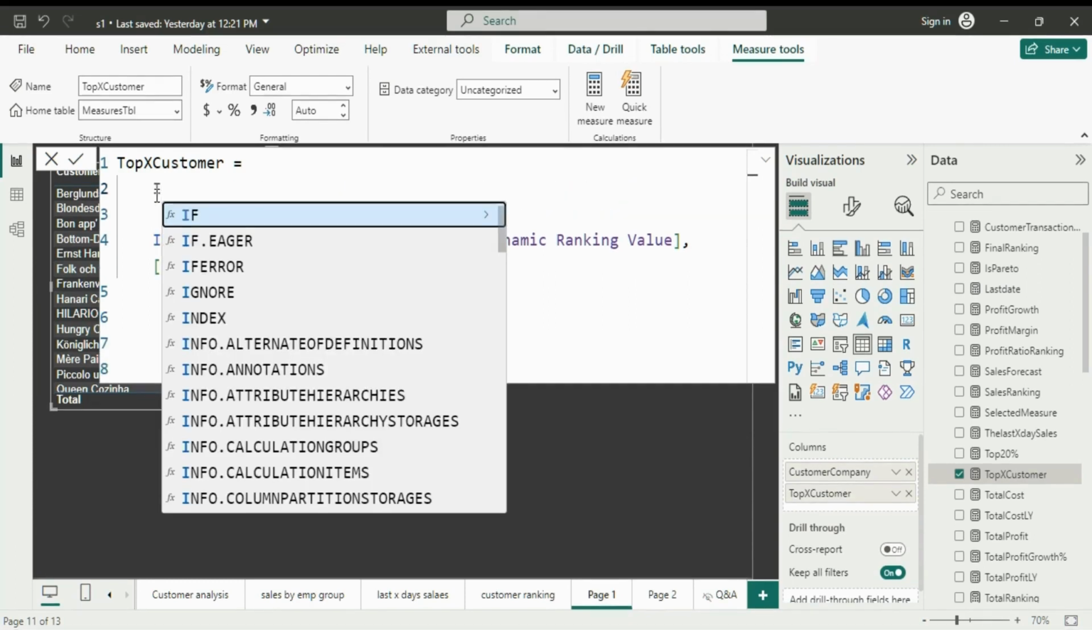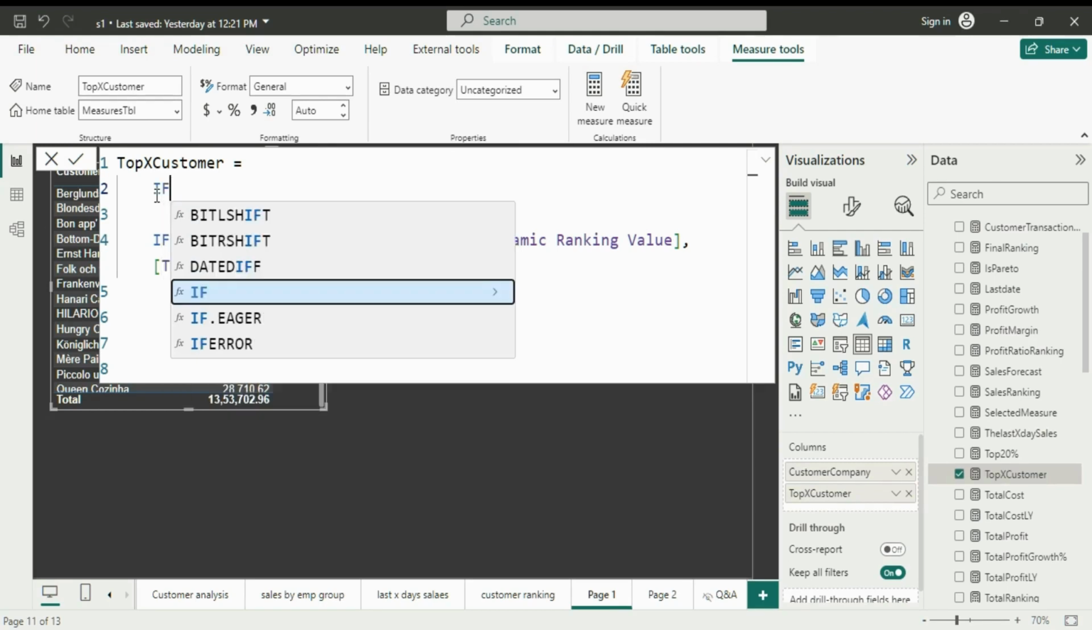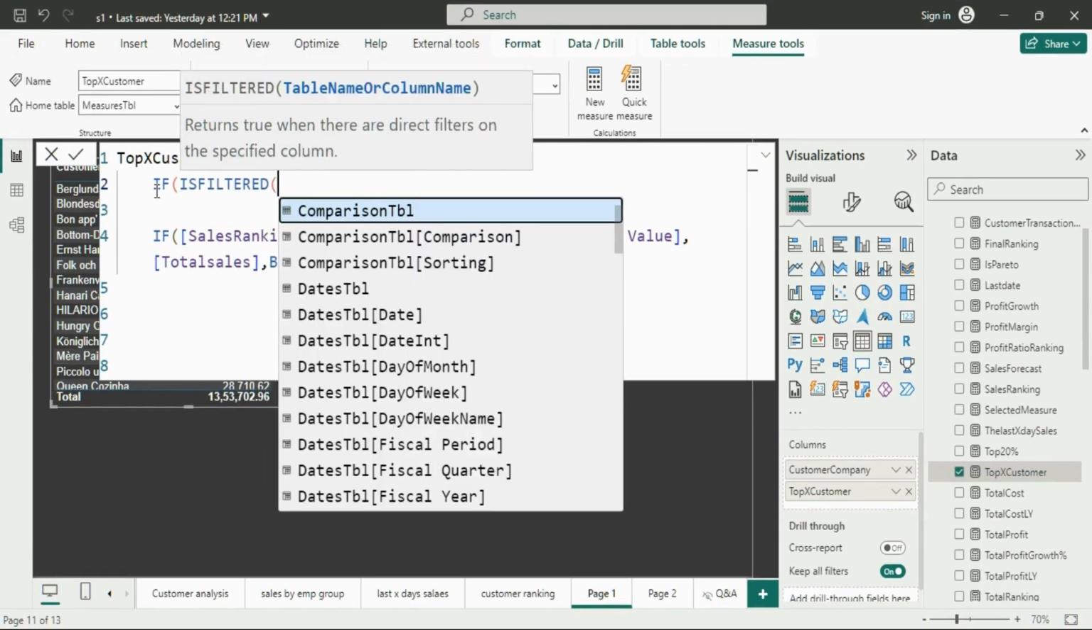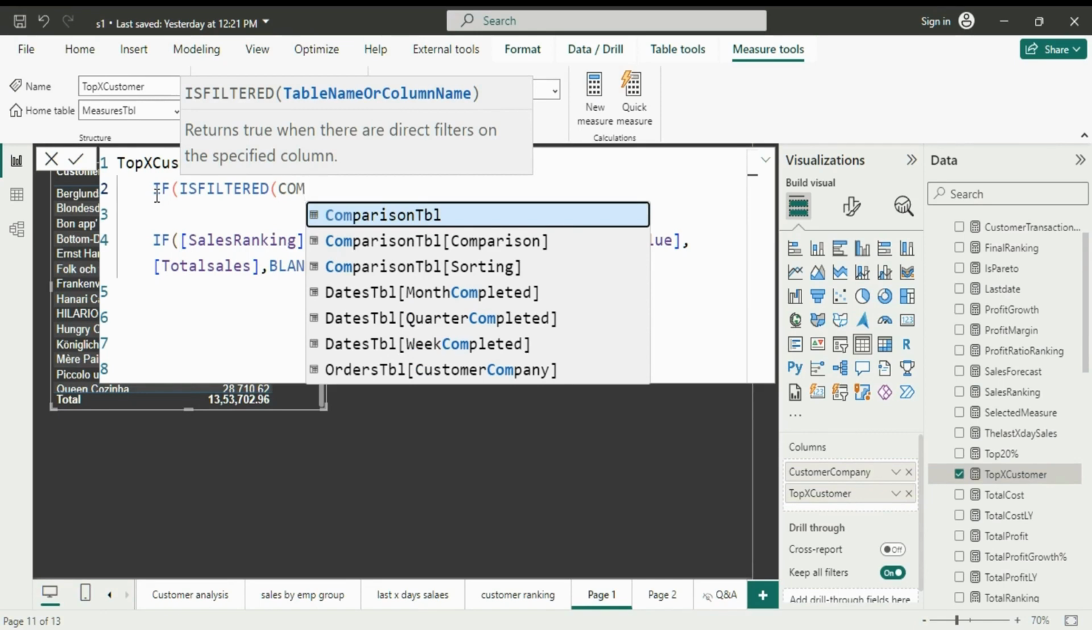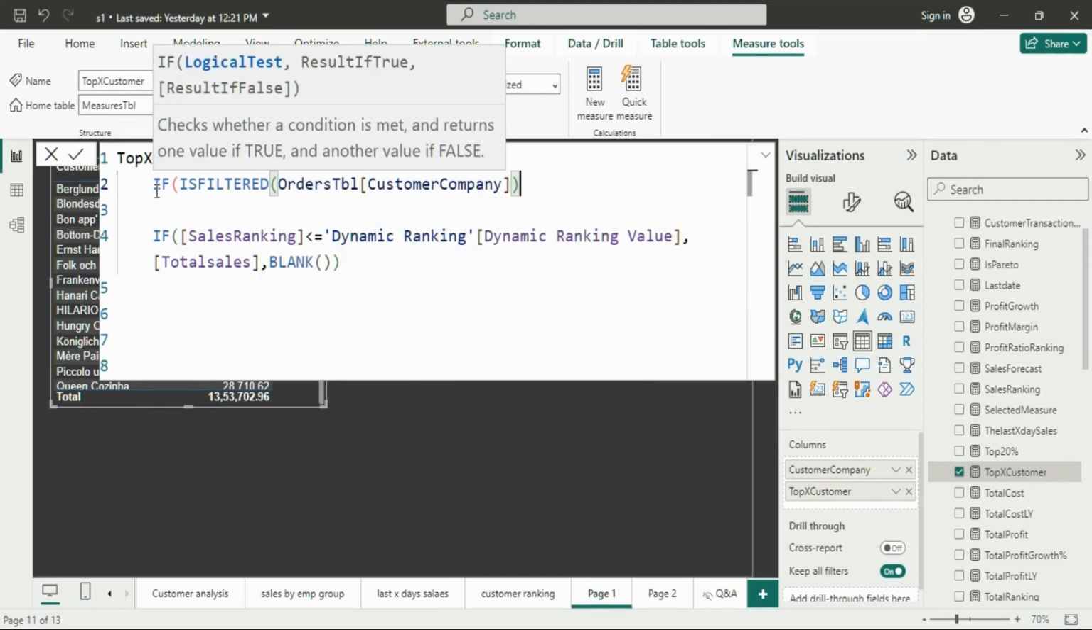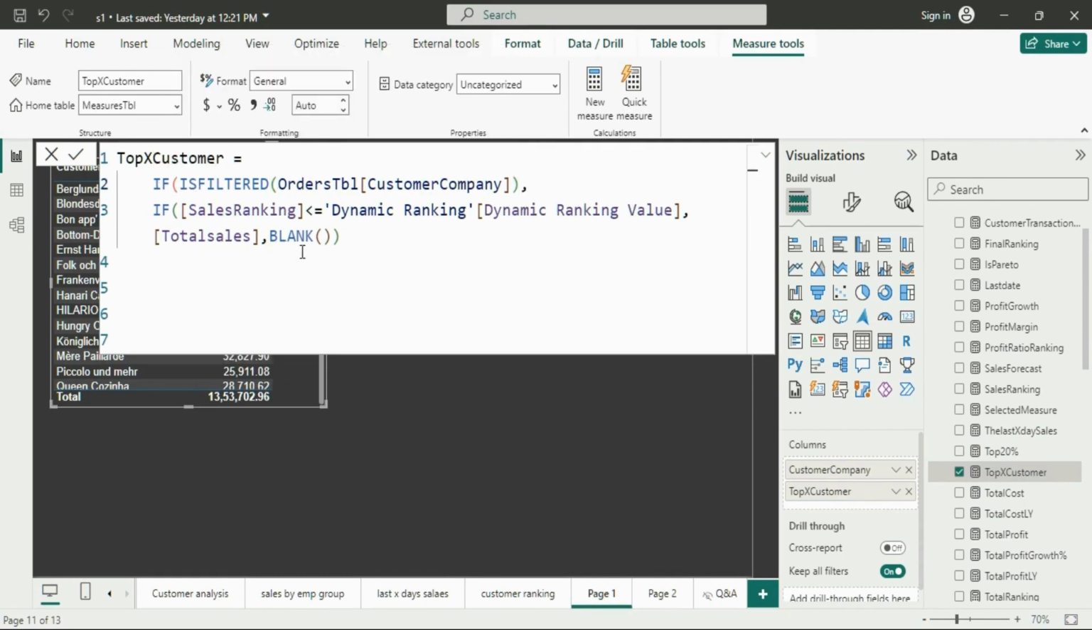We have three alternate solutions: we can use IF IS FILTERED, or if it has a scope, or if it has some value. So let's see. I'll use the IF function. Let's say I'll use IF ISFILTERED. I'll say if the customer company, the orders table's customer company, is filtered, then